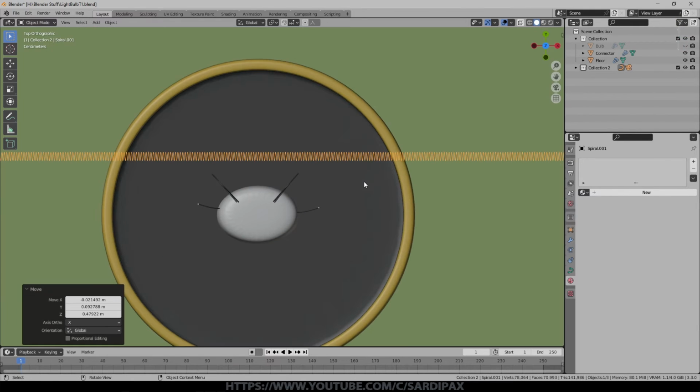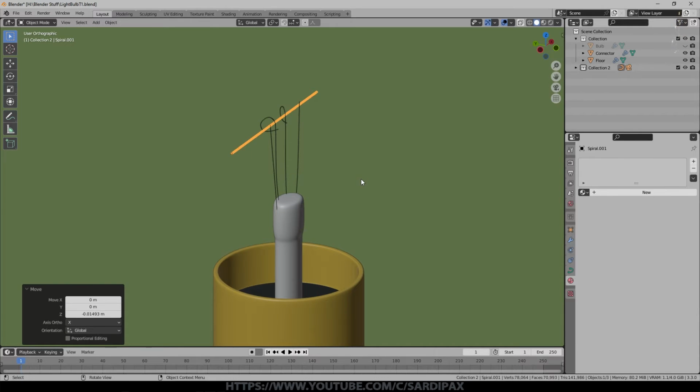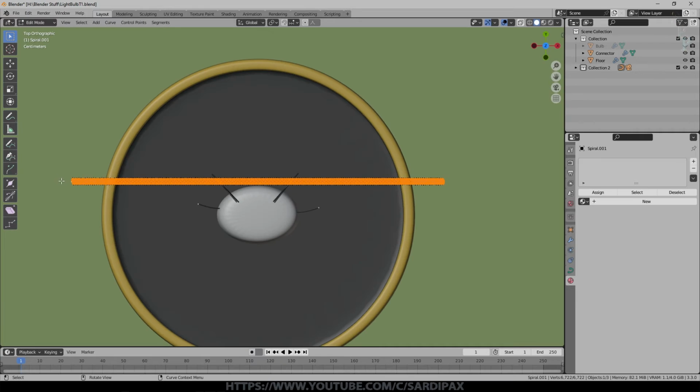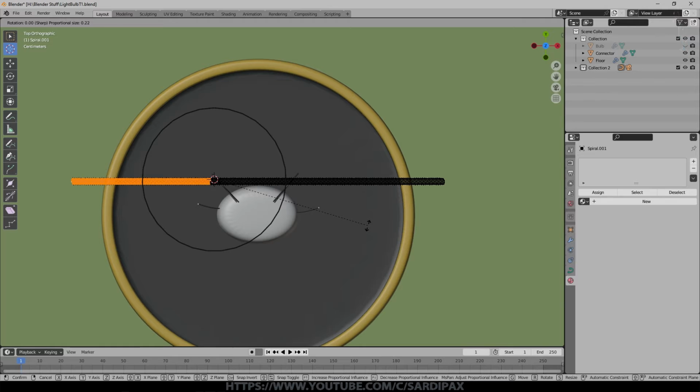I've got a relatively dark background at the moment because I wanted to be able to see what was going on. I think the way I'm going to do this, we'll shrink it down a bit more. And I'm essentially placing this filament in these little supports. Then I'm going to go into edit mode. It's still a curve, of course. I'm just going to select this end and I'm going to put the 3D cursor just there and tell it to use the 3D cursor as the pivot point and then rotate on Z.